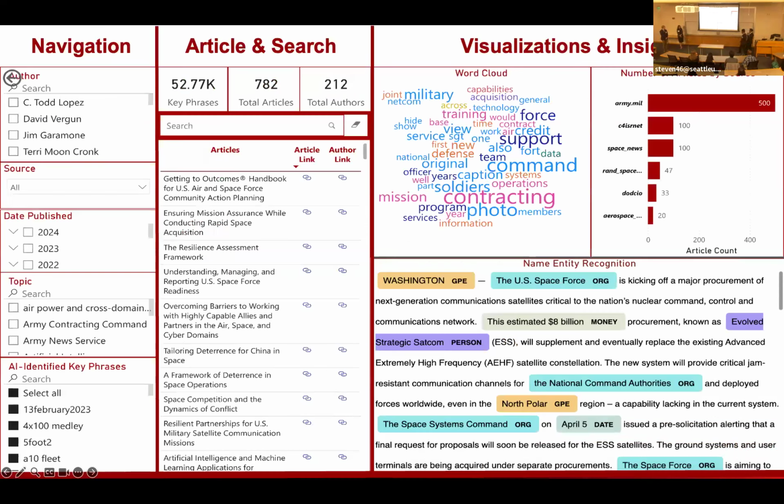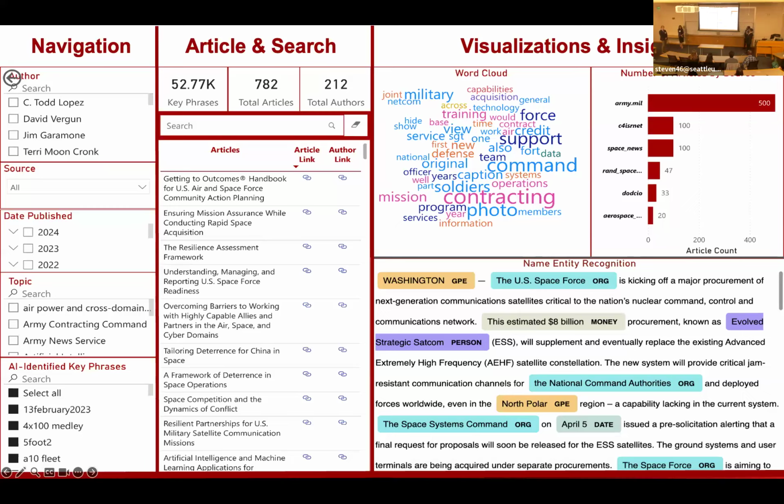Thank you, Gokula. Now let's jump straight into our dashboard. As you can see, our dashboard is split into three main components. On the left-hand side here, we have what I like to call our navigation pane, where a user can start off by choosing an author of the article itself, the web sources that we have scraped, the date the article was published, as well as some overlying topics that categorize these articles. We also have our AI-identified key phrases, in which we utilize Azure Cognitive Services to extract specific keywords from our article's contents. In our middle section here, we have our keyword search functionality, where a user can treat the search